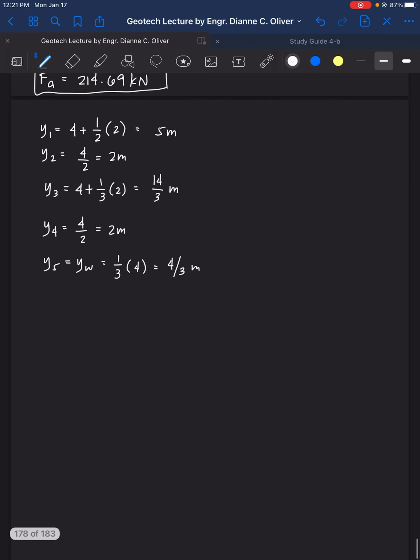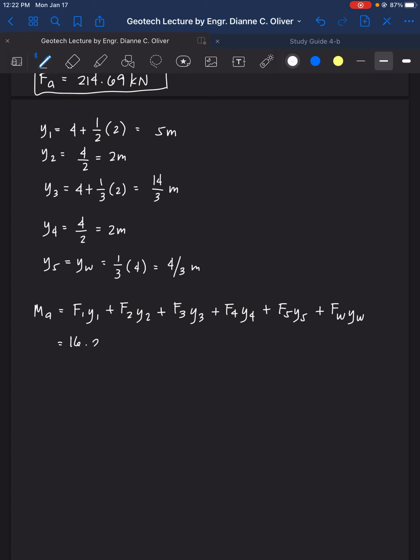Therefore, we now have moment active equals F1 y1, F2 y2, F3 y3, F4 y4, F5 y5, plus F water y water. That is equal to 16.24 times 5